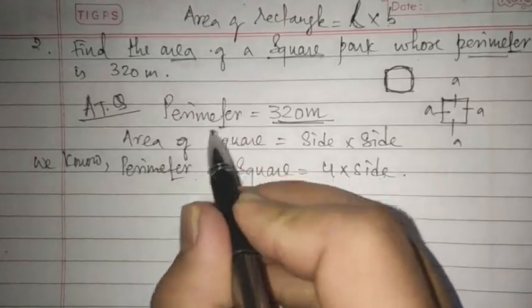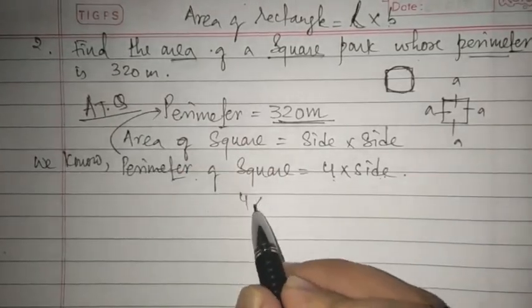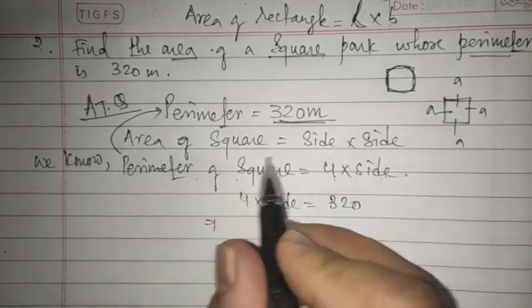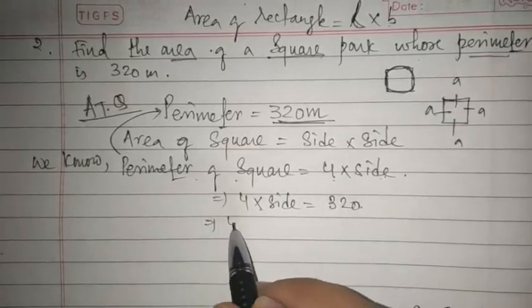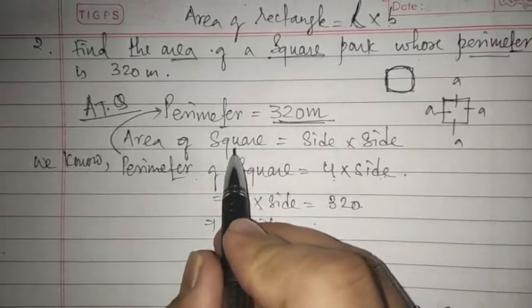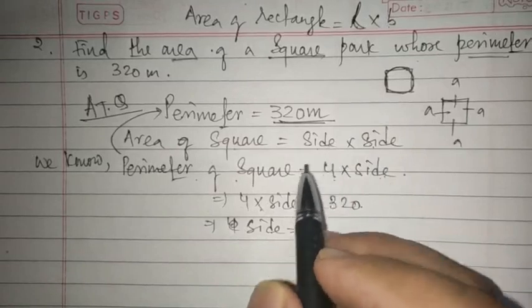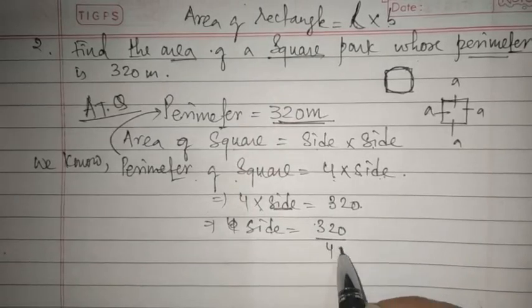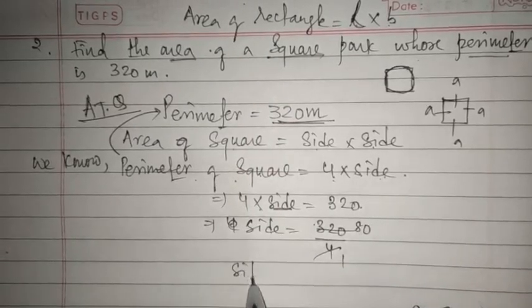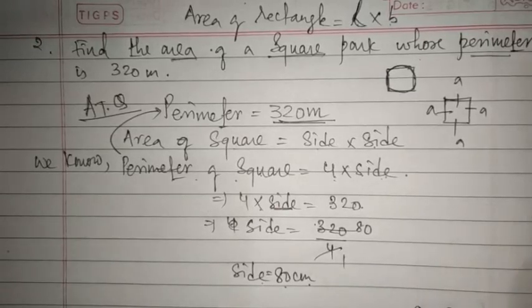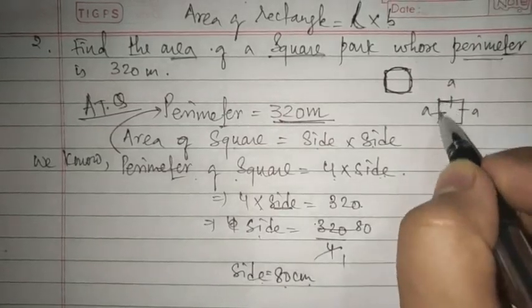So perimeter is given in the question. Just see. So we can write, 4 into side is equal to 320. Yes, because perimeter is given. So I have written 4 into side here. So we have to find the side. Why are we finding the side? Because area of the square formula is side into side. We don't know what the side is. So from here we are going to find the side. So side is equal to 320 divided by 4. 4 ones are 4, 4 eighties, it is 80. Here we will just put the unit. It is not area, we are not getting any area or volume. It is just the side, so the side unit will be just meter.